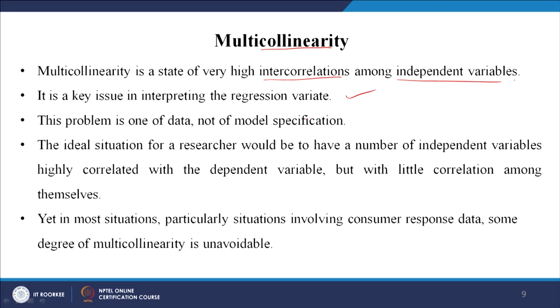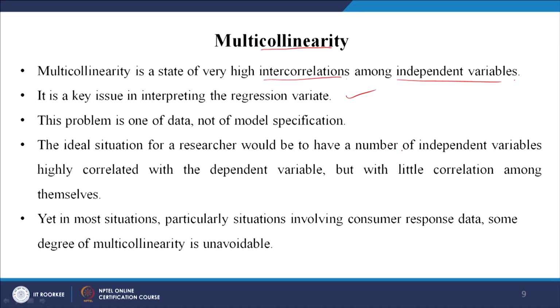Basically, the multi-collinearity problem is a problem of the data, right. If the data are very close to each other, then you can understand why you should have 2 independent variables. If they mean the same thing and have a very high correlation, you should use only one of them. Why 2? Because research says it should be parsimonious in nature. You should not be using unnecessary variables. You should be using the minimum to explain the maximum.